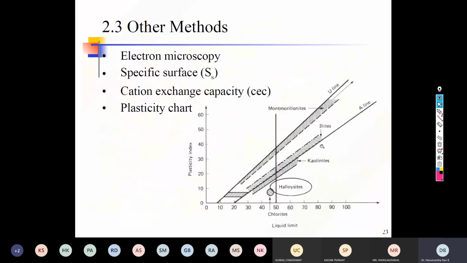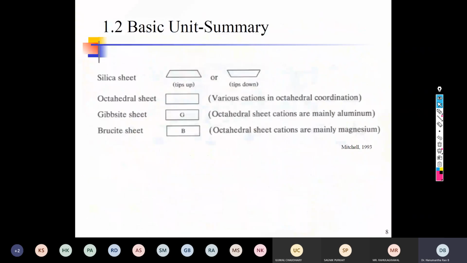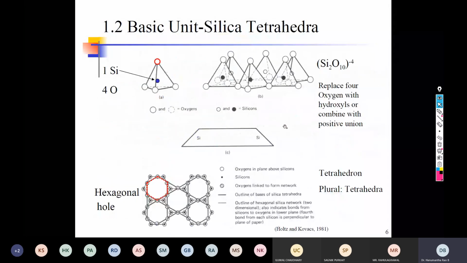So let me take you to yesterday's class then. See, this is the basic unit of tetrahedra. This is silica. Okay, what is the formula of sand basically? It's quartz. Quartz, mica, made of rock minerals. No, there is no mica. It is only quartz, SiO2. Okay, so your silica, your quartz is basically SiO2. It is silicon dioxide.